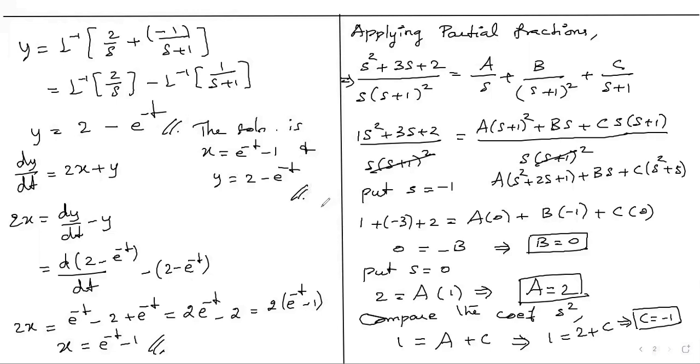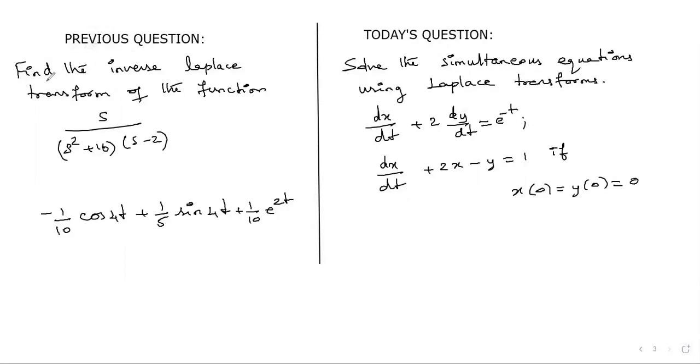And that's the answer. From the previous video, I have given the question as find the inverse Laplace transform of the function s by s square plus 16 times s minus 2. The answer is minus 1 over 10 cos 4t plus 1 over 5 sin 4t plus 1 over 10 e